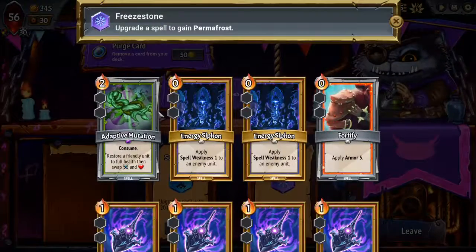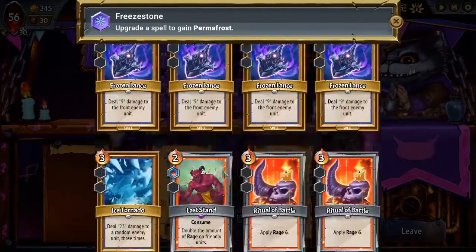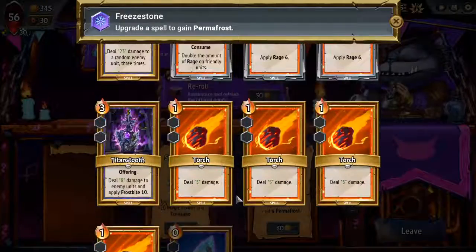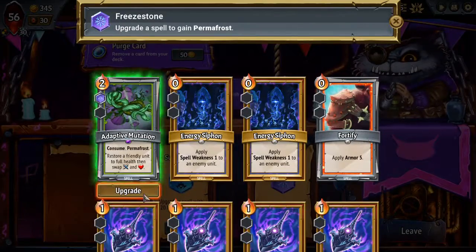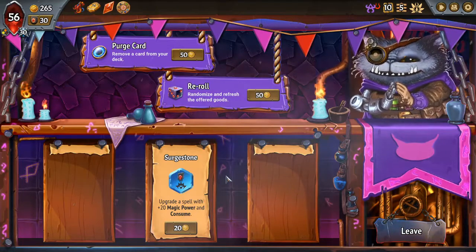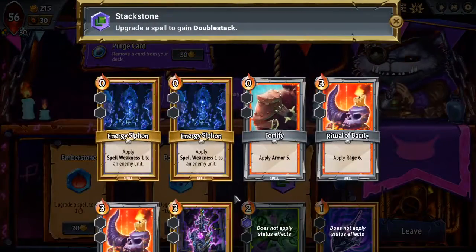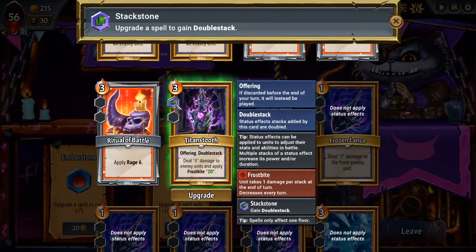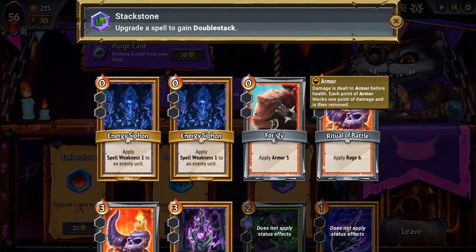Do we want to permafrost anything? This being permafrosted might not be a bad idea. It's sort of like an emergency card. And these guys being permafrosted could be good as well. Try that. Alright, double stack. And this giving twice as much frostbite is good. Or this giving twice as much armor, or twice as much...